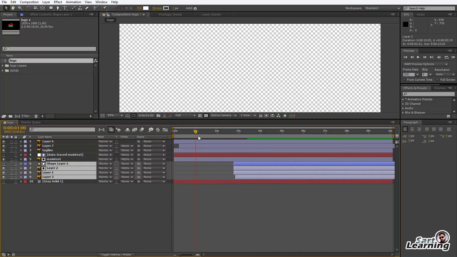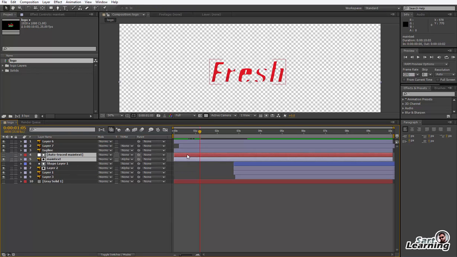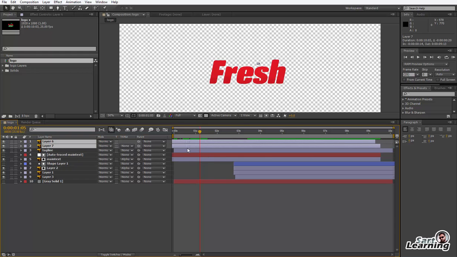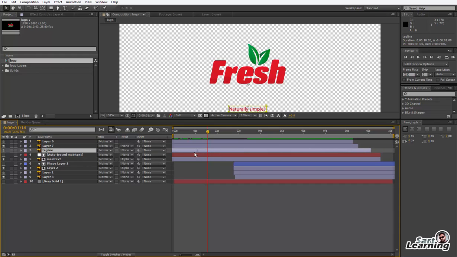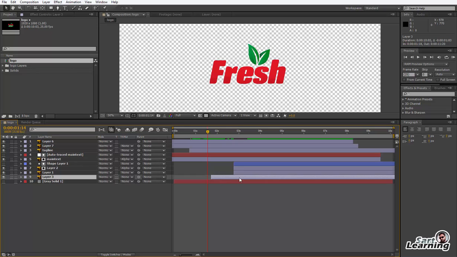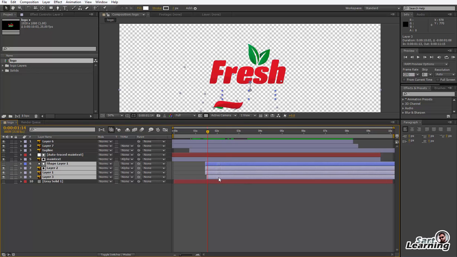But because I want to animate the logo part by part, I just move all the layers as my animation comes. So you can place your layers accordingly. Step by step the logo is revealed, so I just adjust all the layers.